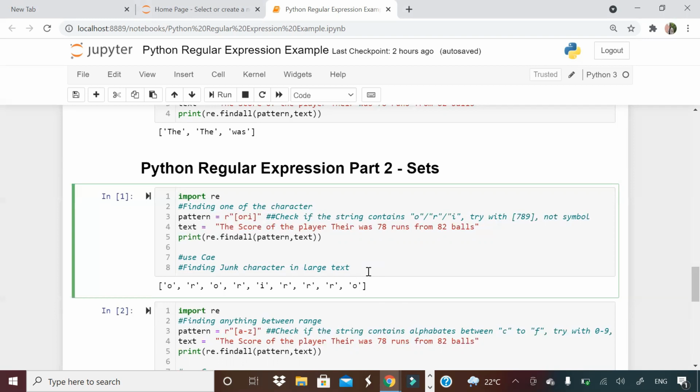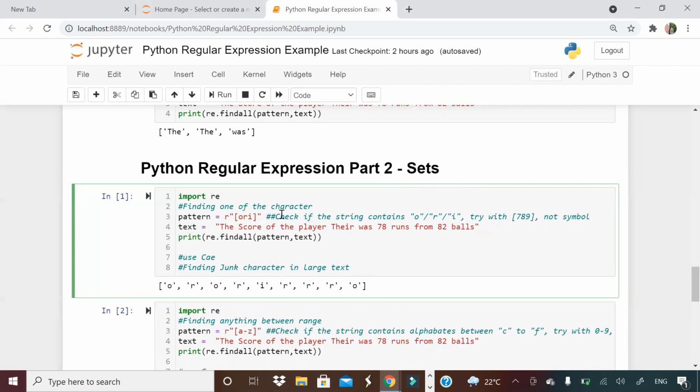And also, kindly watch this entire video because I'm just covering the regular expressions which are useful. I'm not covering anything which is not very frequently used. Okay. So let's start, guys. First of all, the first regular expression is sets. So today what I'm going to cover is the sets category.